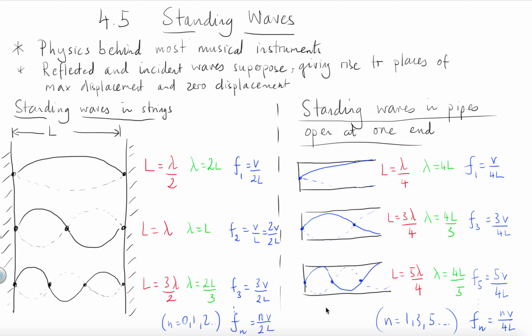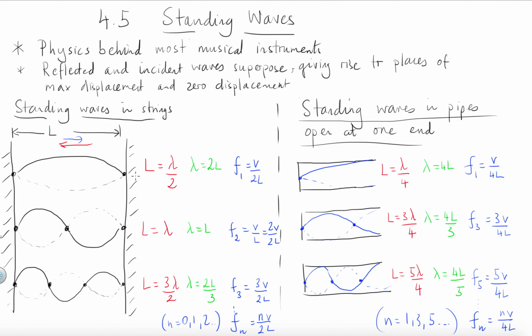In this final summary video for topic 4, waves, I'm going to talk you through standing waves, and it's important in music because it's the physics behind most musical instruments, for example stringed instruments or brass instruments or woodwind instruments. Basically what happens is we have two boundaries, and we have a travelling wave in the medium which travels in one direction, hits a boundary, and then moves back in the opposite direction,